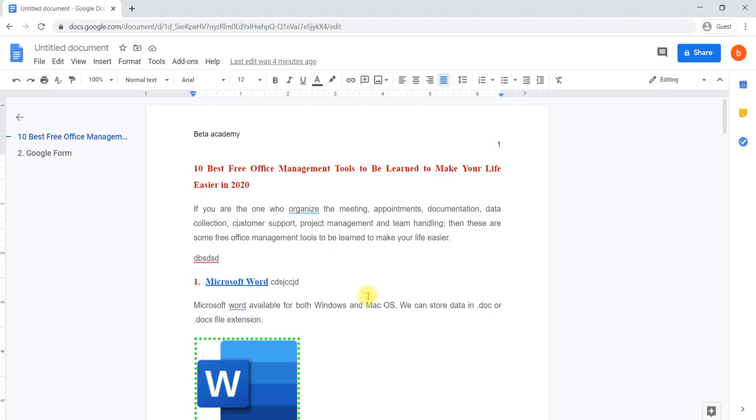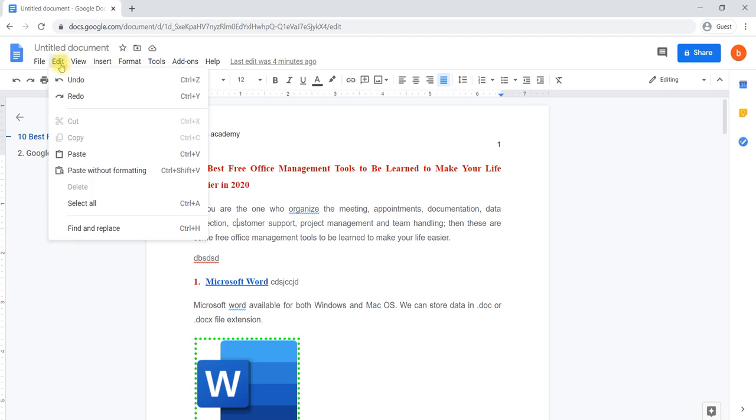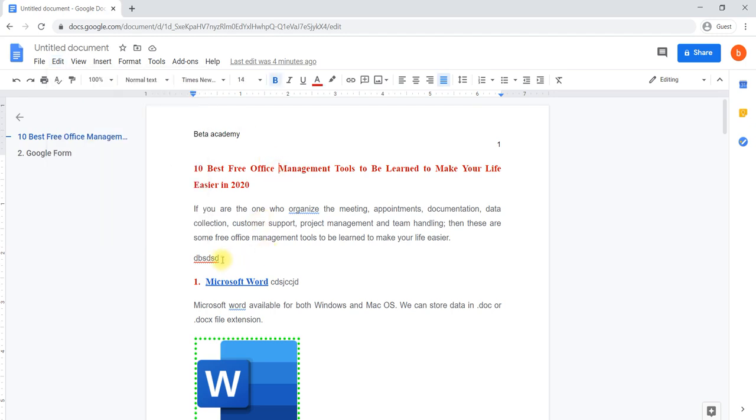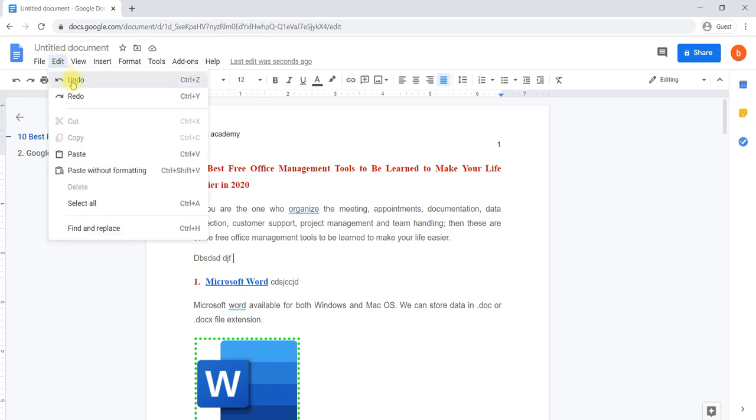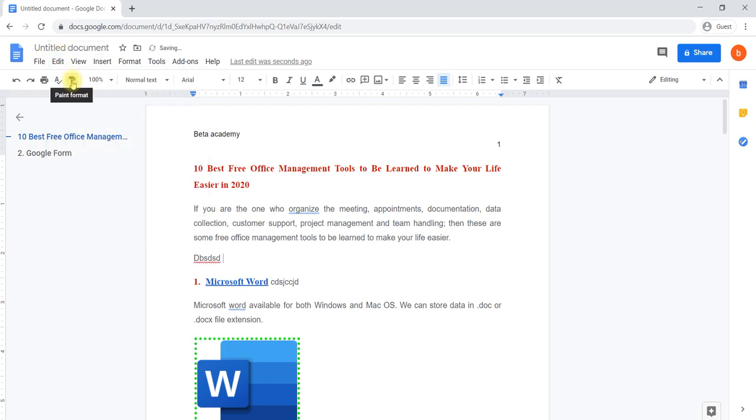Now we'll discuss one by one the options available in Edit. Which are the options available in Edit? In Edit, we have Undo. The shortcut is Control Z, and Redo is Control Y. Undo is nothing but, something you have written here, if you would like to come back to the previous step, then we will be using Edit and Undo. It will take you to the previous step.